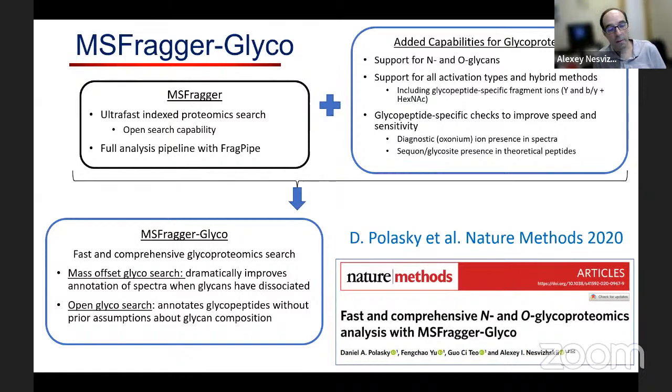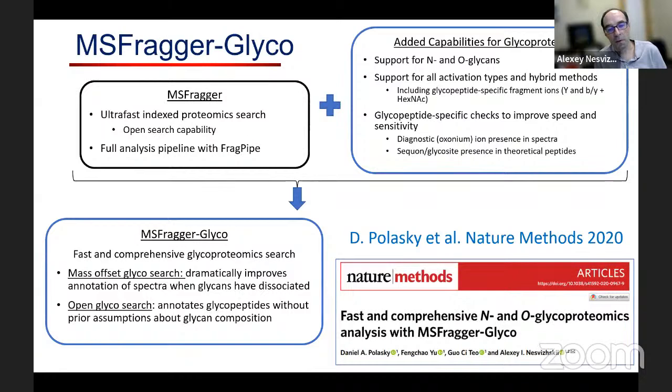Based on our benchmarking, it's the best tool for glycoproteomics, and others agree with that. As part of the HUPO initiative, there is a benchmarking data set where we've done this benchmark, and you'll see the results announced very soon that we've done really, really well with MSFragger-Glyco, as well as a more recent work on